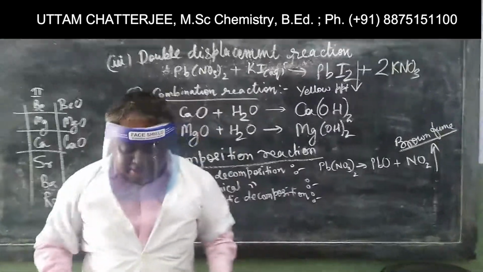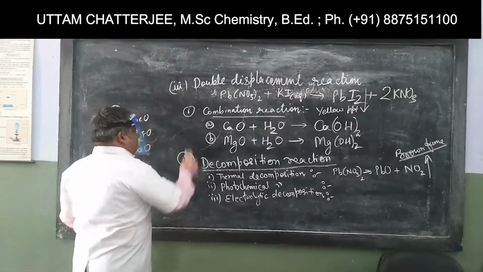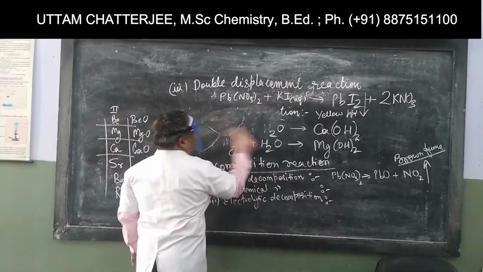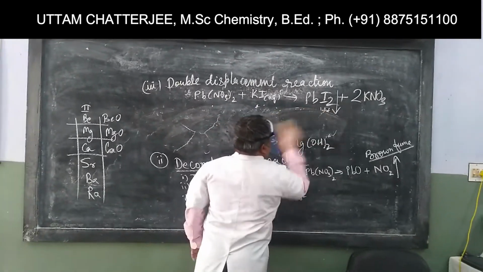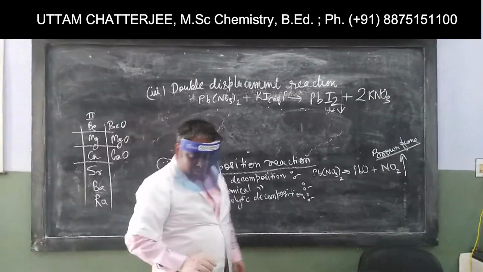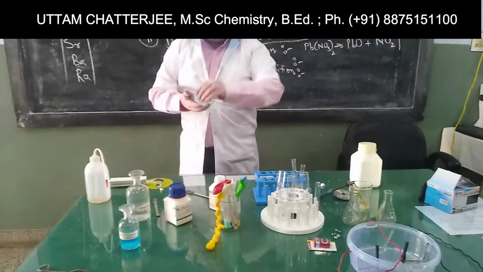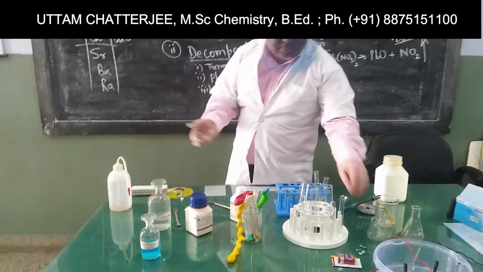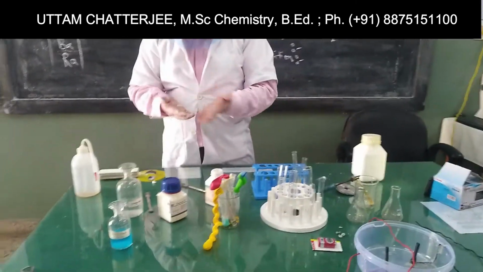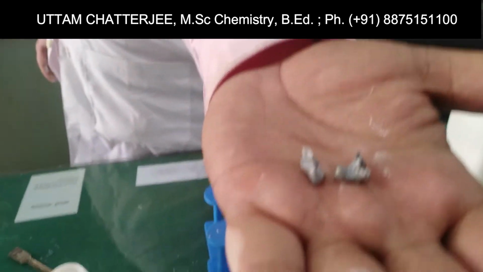Now since I was having lead in my hand, that is why I showed you double displacement reaction. Otherwise sequentially I would have taught you about displacement reaction first. So for displacement reaction I will take some metal, zinc. Zinc is white, shiny, metallic in nature. It is a white, shiny metal.